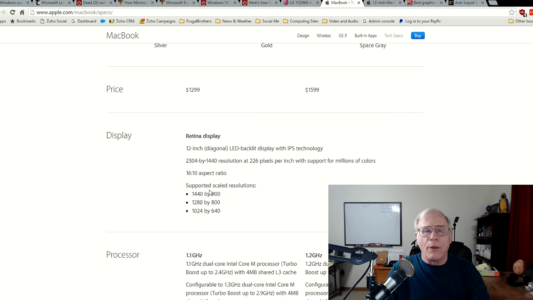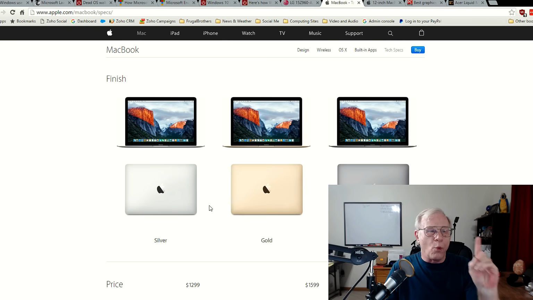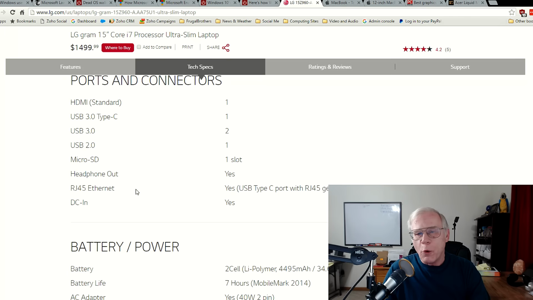Unlike this guy, with this one USB-C port, look at what ports come with the LG Gram. An HDMI port, one USB 3 Type-C, two USB 3, one USB 2.0, one micro SD card slot, headphone out, RJ45 Ethernet with the C port, RJ45 gender, DC power in.